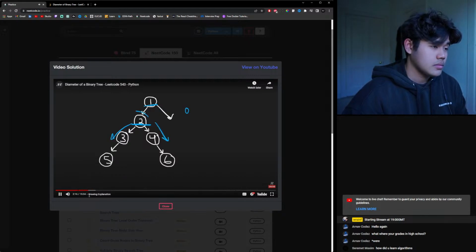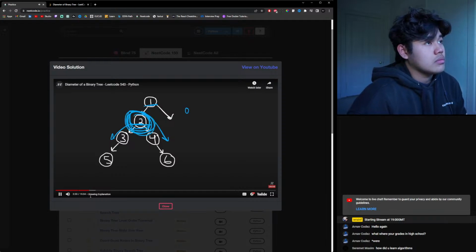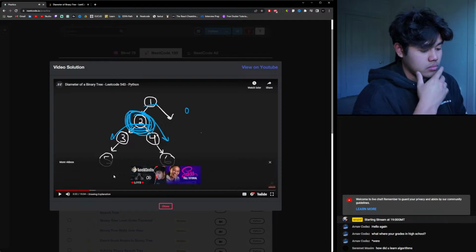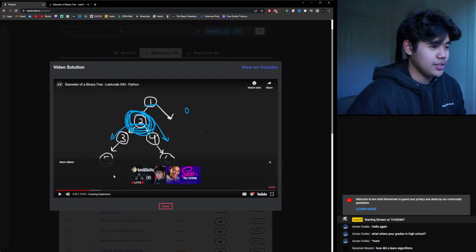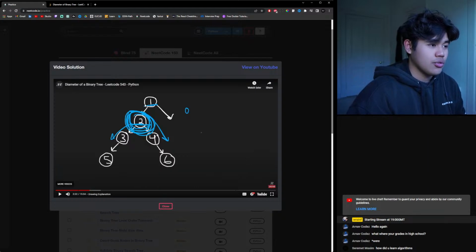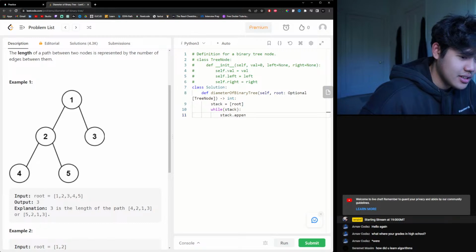So basically now what we're doing is recursively finding the diameter from this spot, right? So clearly we can see a